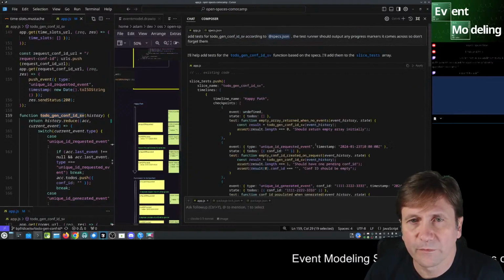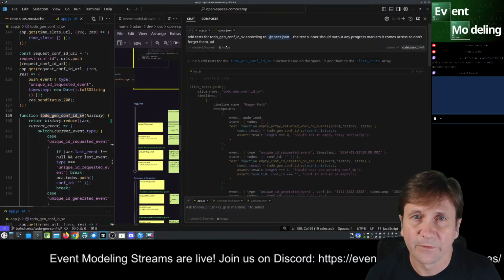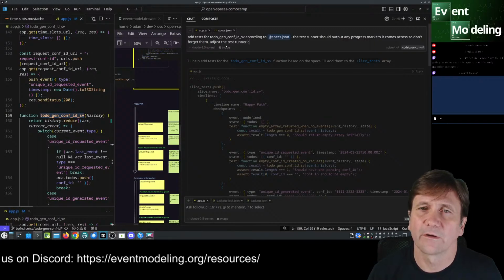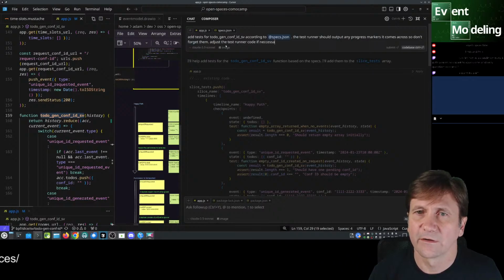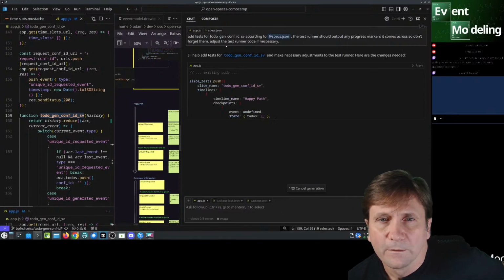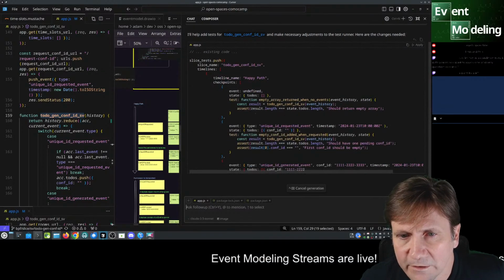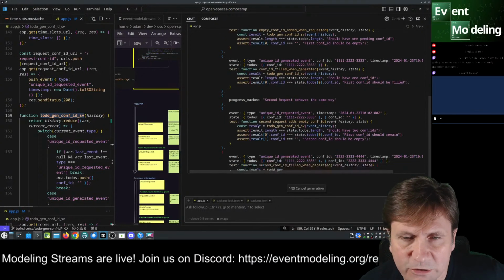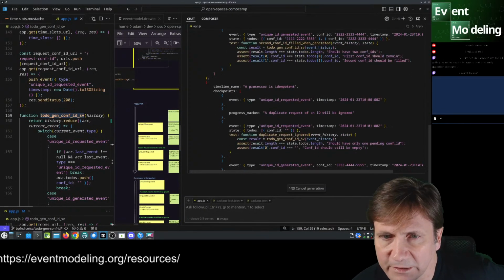I want it to actually adjust the test runner code if necessary. Okay, so it's got that right still. It has the progress marker. This is amazing. I mean, it should literally just be translating the JSON at this point. It's quite easily spelled out to it.